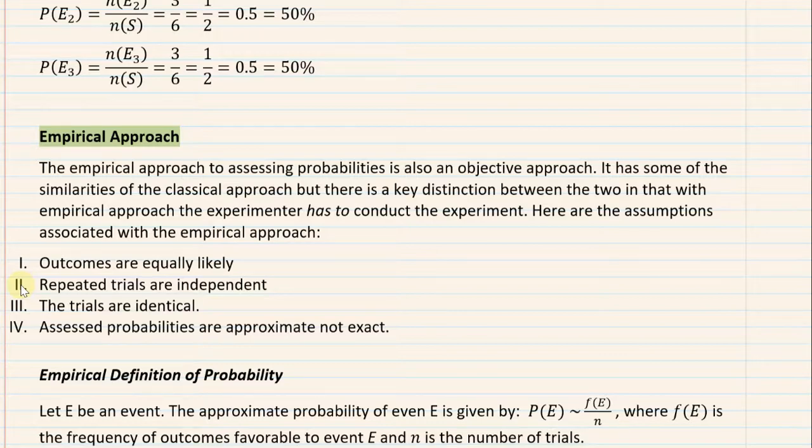So let's say again you interview 20 people. Each time you interview a person, you're replicating the experiment. So you have 20 trials of that experiment. Because we conduct the experiment, the trials must be done in an identical manner, and the probabilities in this case are not exact but only approximate. And the reason for that is because we have to conduct the trial.